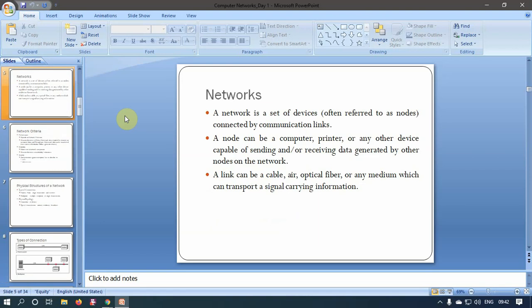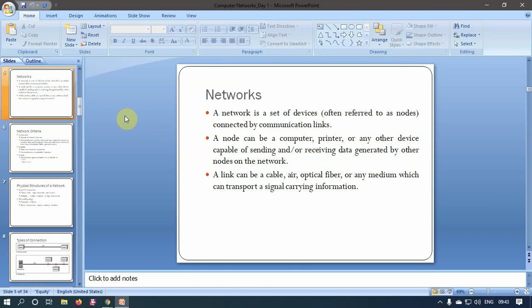So we understood what is data communication. Now let us understand what is a network. A network is a set of devices. As we already discussed, there are generally three parts of data communication: sender, receiver, and the medium. So a network is a set of devices, that is, devices in this case means the sender and the receiver. These are often referred to as nodes. We will not say these are senders and receivers, we will say that these are nodes